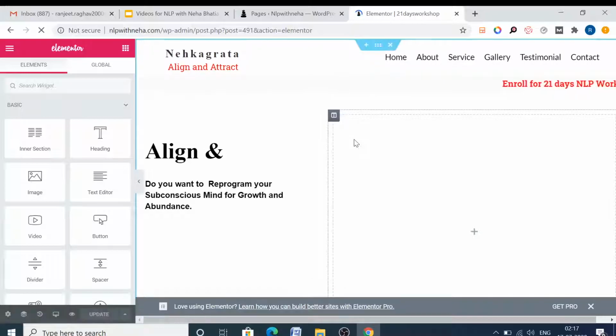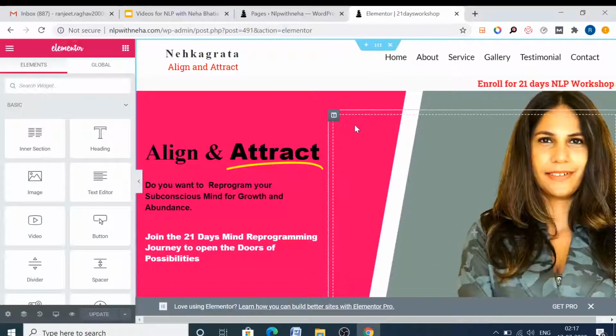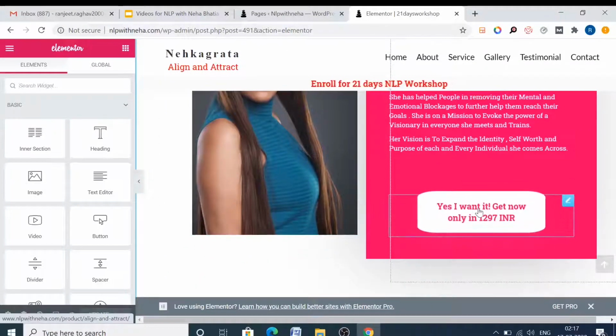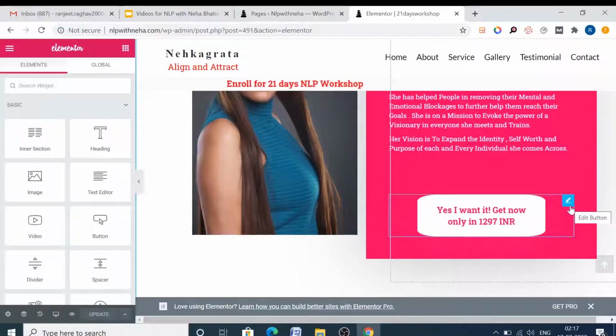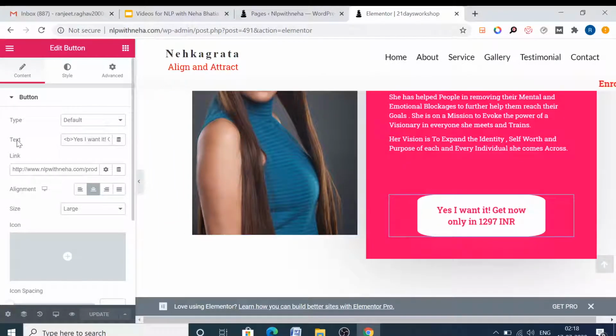Okay, so it has partially loaded, and on the left we see a lot of options. We are not going to use them right now because if you click on any of these, it will mess the page up. If you do not know about Elementor, we'll just simply scroll down and go to that part which we are going to edit. Simply scroll, and then we just go on this, and you see a little pencil is coming up, edit button. We click on this, and then we can change here where it says the text.